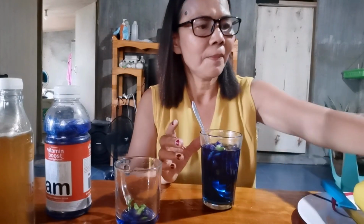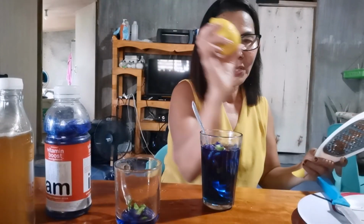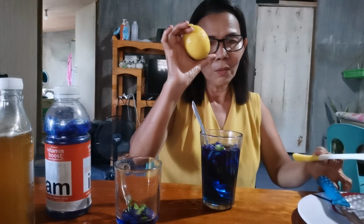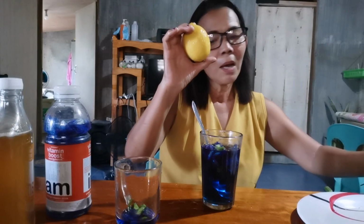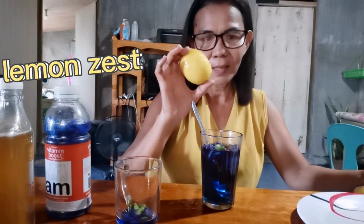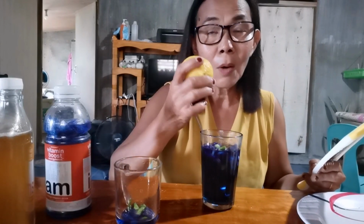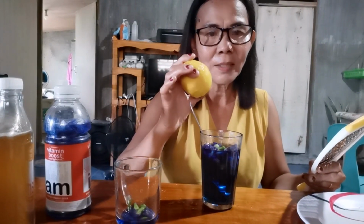Now, before that, ako ni siyang kuhaan o magkuha ko o kanyang palot niya. Akong ibutang diri. Serve as the lemon zest. Okay? Ang sa may purpose ani is aron siyang nilamot niya, lami siyang taste. Very nice taste and